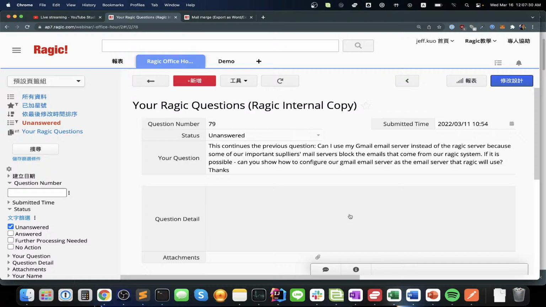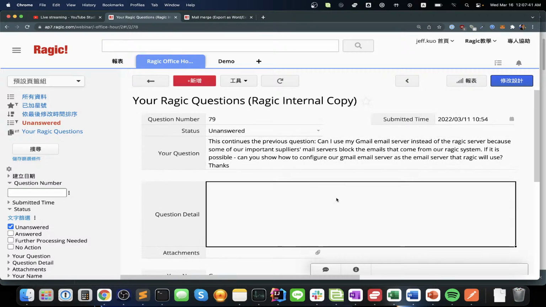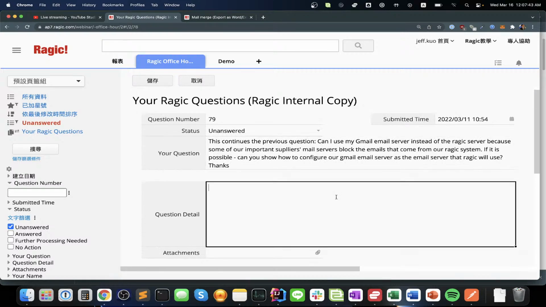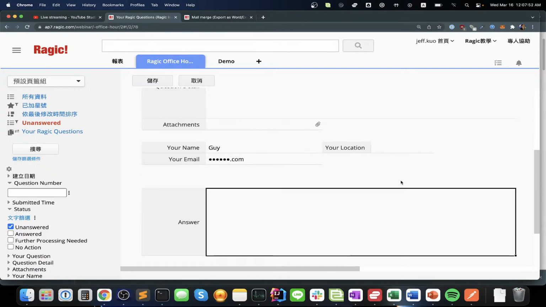Okay, continue the previous. Can I use my Gmail email server instead of Ragic server? Because of mail server block, and if it's possible, how do we do that? Technically, it's possible, but it's really, really highly recommended that you don't do this because for Gmail,